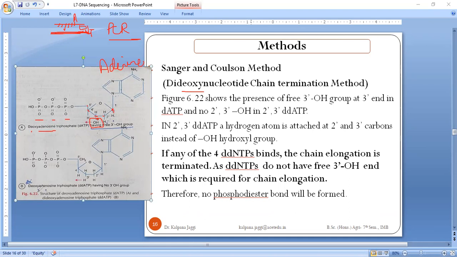But when I talk about the other one, that is dideoxy, then there is no presence of a free hydroxyl group. That means here the O is now removed. So if the O is removed, then there is no hydroxyl group for attachment, and there is not going to be the synthesis of another strand of the DNA. That means, see, a very important thing that you need to remember is this is DNA. These DNA are denatured and they are converted to single strands, right? See, here the primer will be attaching, and to the primer your enzyme will be attaching. The enzyme's purpose is to read the sequence, right? It will be reading the sequence.